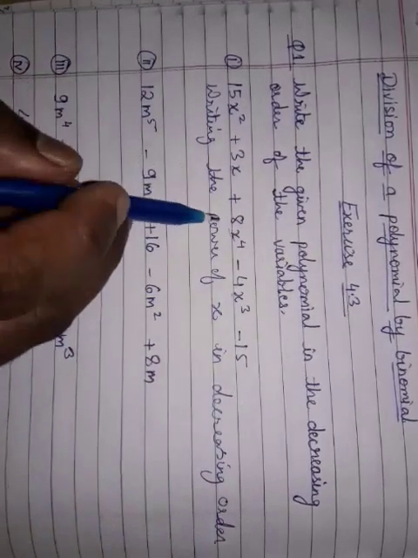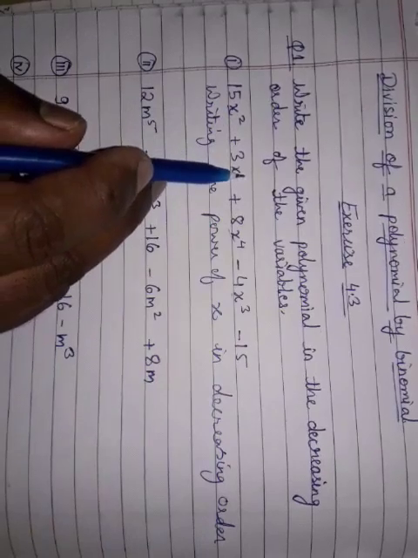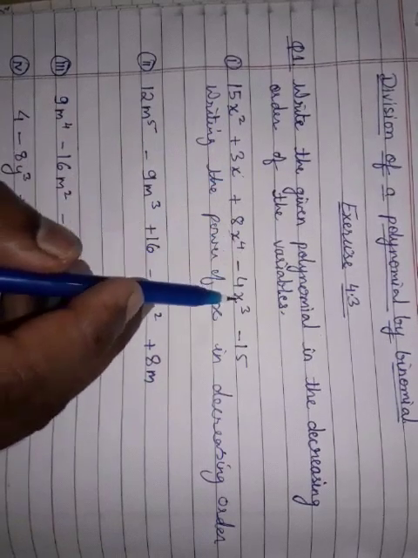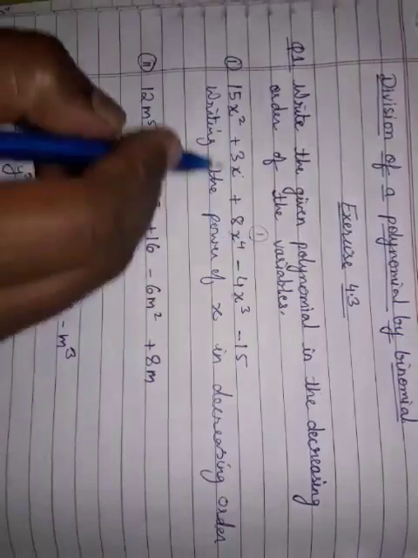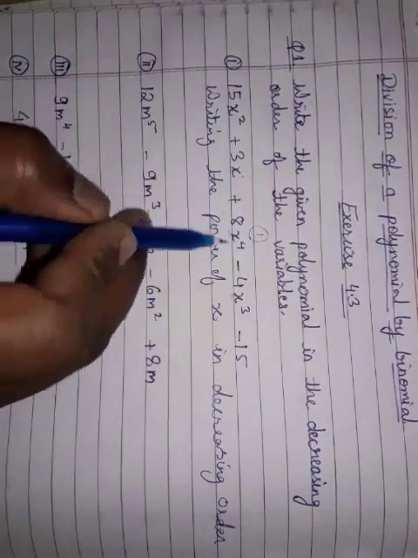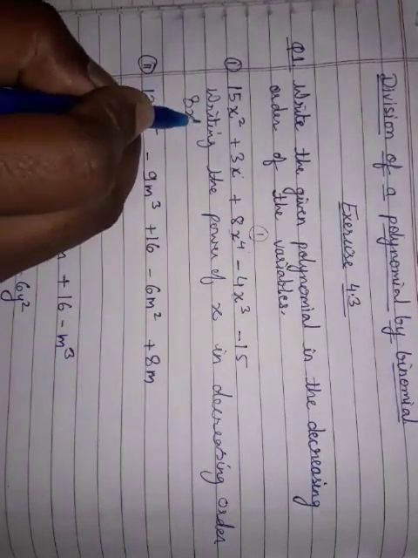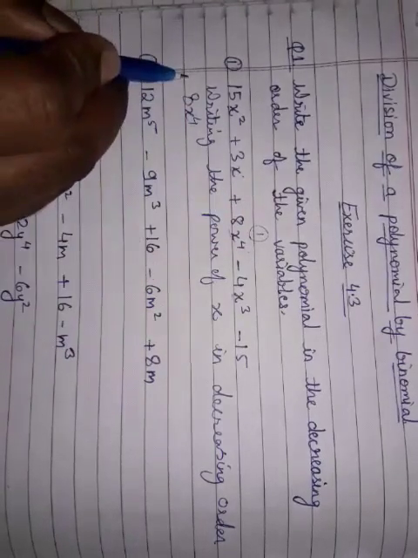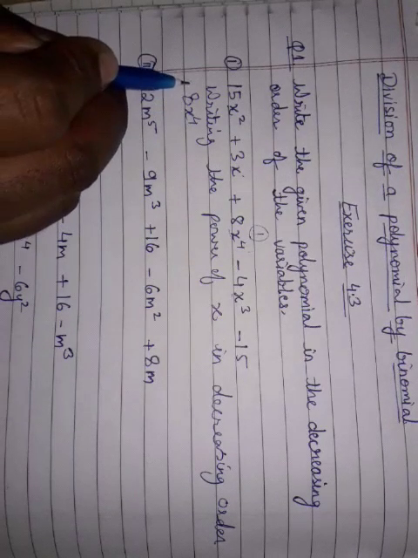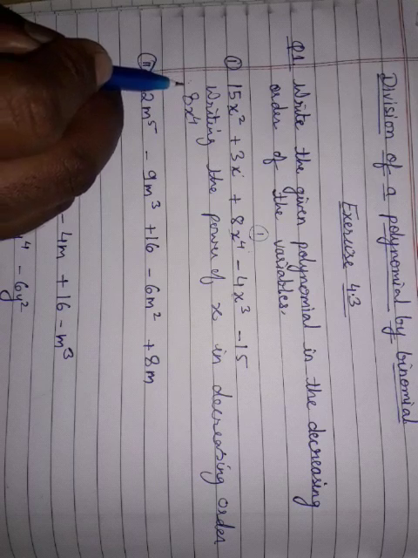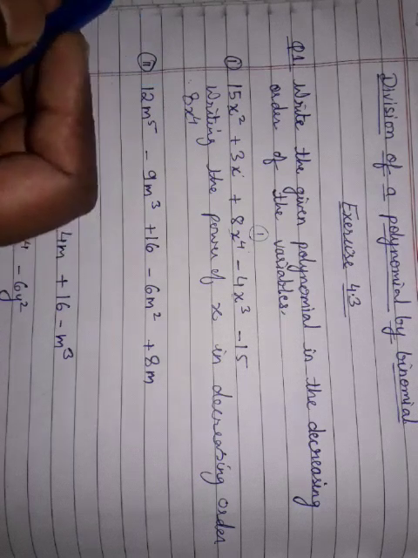So x power 2, x power nothing means 1, x power 4, x power 3. First we have to write the term with its sign. So 8x power 4. The plus sign is given, so no need to add the first plus sign. In the first term there is no need to add a plus sign. If we are not adding any sign, it means it is plus only.